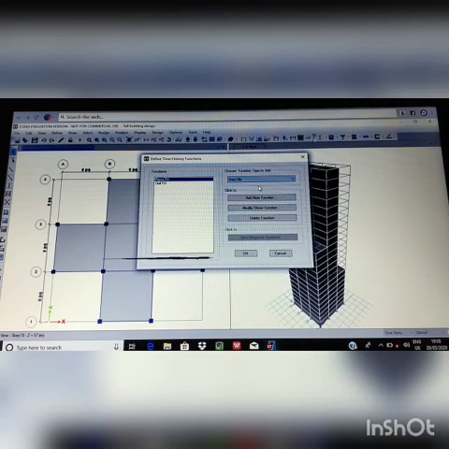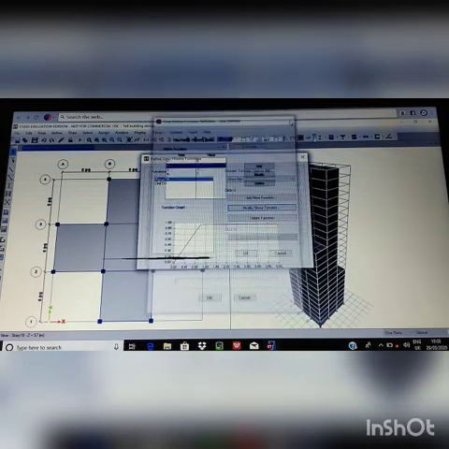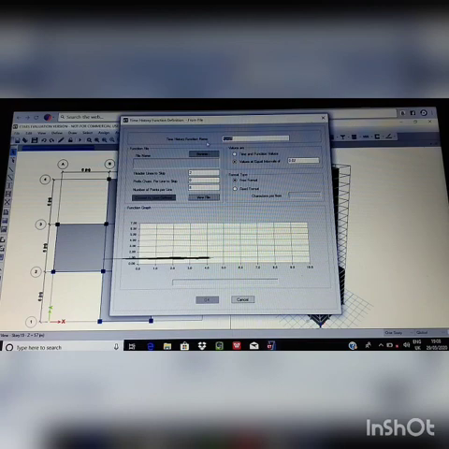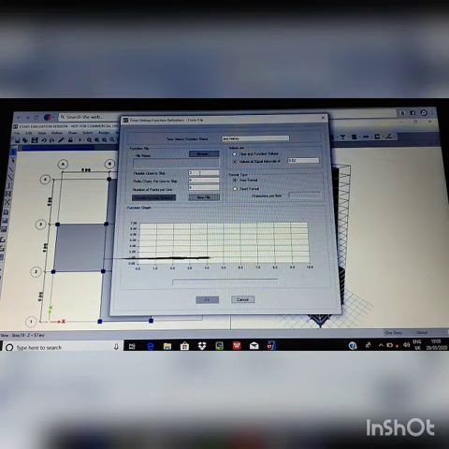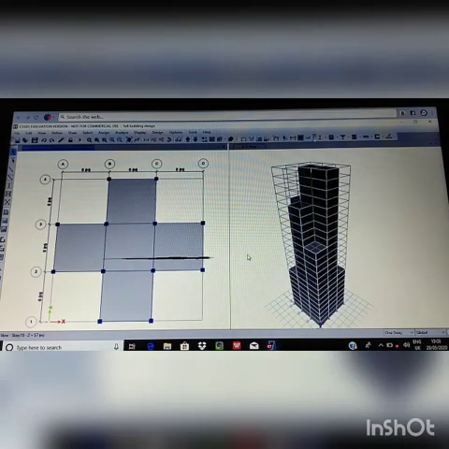Now go to Define, go to Function, Time History. Choose the function type as From File, add a new function, and the name is time history function. Click on Browse to open the file or PDF of the time history data. Here the header lines to skip is 9, the number of points per line is 1 and the fixed character width is 10. Then click on OK. Then click on OK.